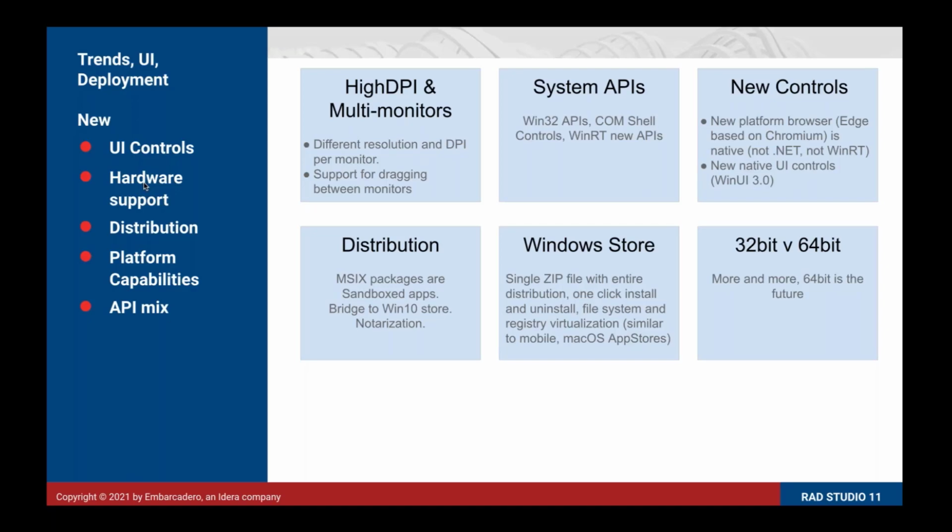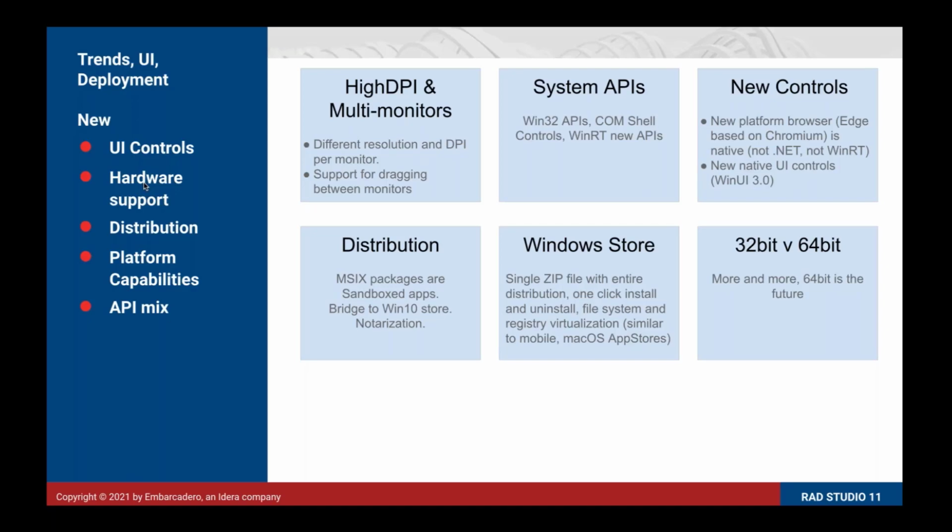So now the approach is to take your images, produce them at multiple different resolution sizes that you need, and put those into this kind of image collection, which is then connected to the virtual image list. And at runtime, the Win32 APIs are then just provided with the image that matches the screen resolution that the form is running on automatically. So it's a very quick and easy way to get high DPI support into your applications, just by replacing a couple of components very quickly.